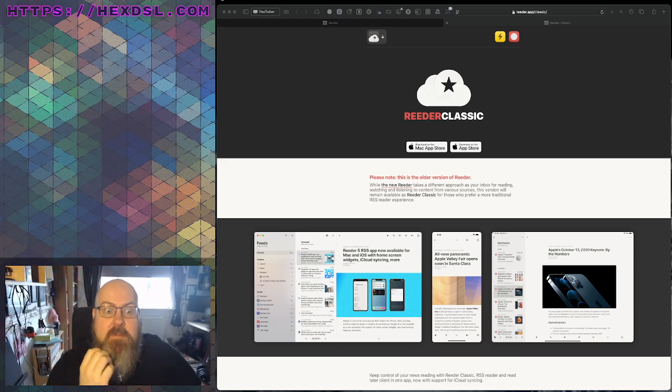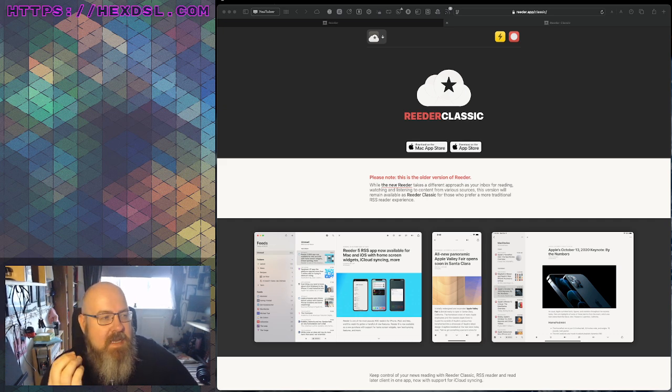It's probably the single most well-known RSS reader on Mac. And since I switched to Mac, I want to say like a year ago now, maybe a little bit less, Reader has been my preferred RSS reader. It's very simple. It uses iCloud to sync, so I can sync it between my mobile and my iPad, which is my